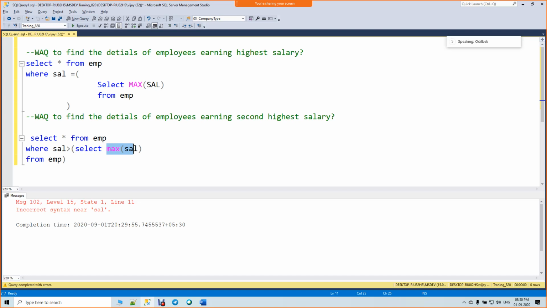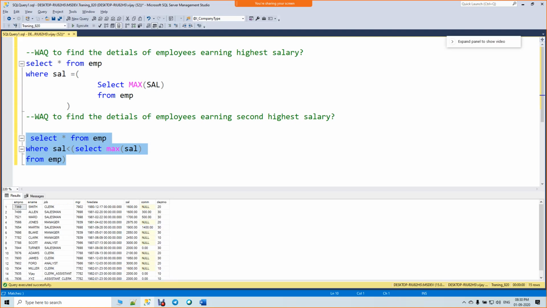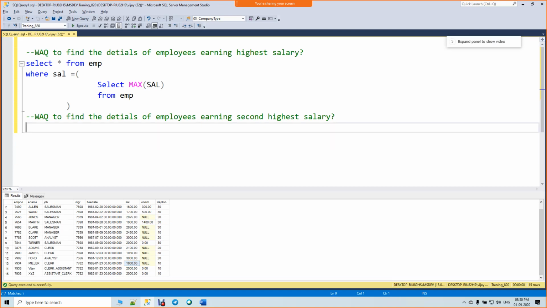Okay, let me put less. You will get everything, but I need only the second highest salary. So it is incorrect.